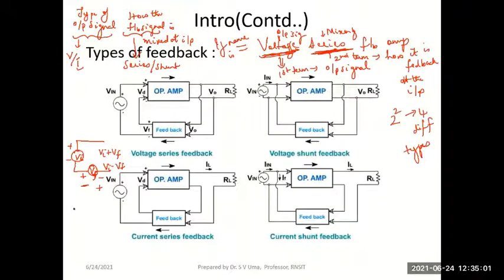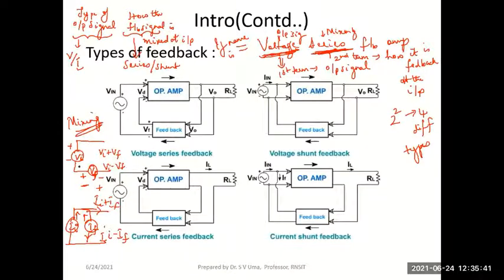Likewise, if I make a shunt connection on the input side, what type of signal would it be? Current. It would be a current, input current and feedback current. If both are in the same direction, then the total current would be II plus IF. If both are in opposite direction, the total current would be II minus IF. So please remember this. We call these mixing circuits.